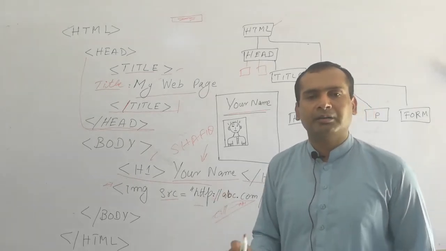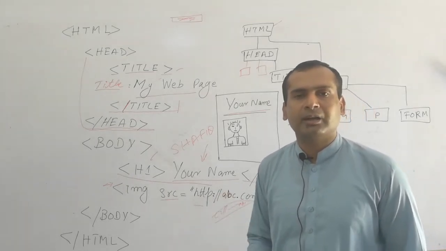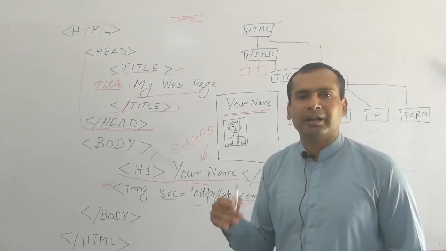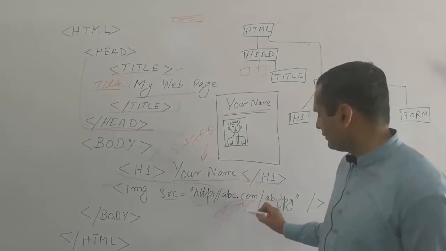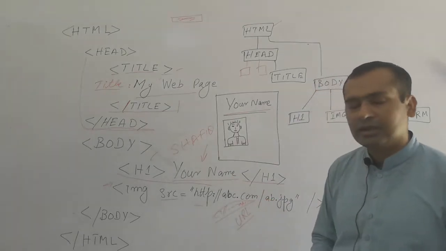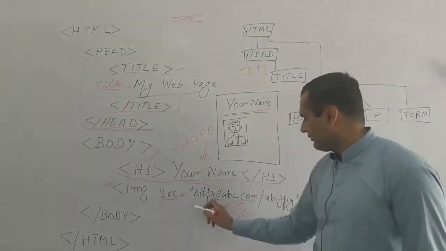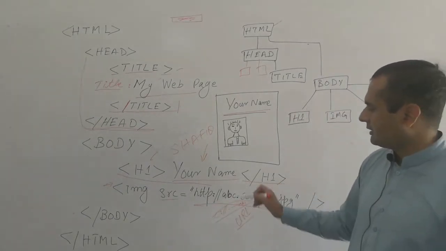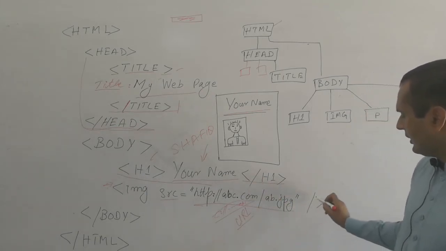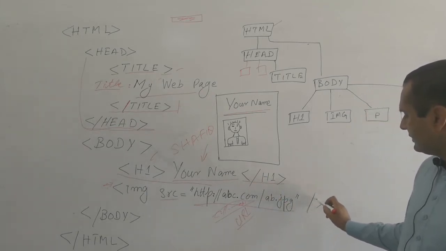Any file, regardless of whether it is a text file, document file, PDF file or image file, that is located on the net is identified by a URL. There is a specific URL that represents any file. So I have given a URL where the picture of this person is placed. Now I am ending this tag.